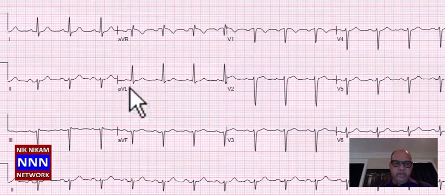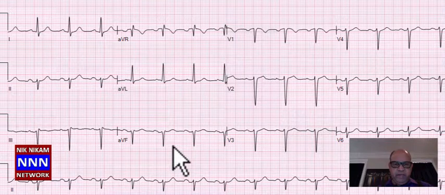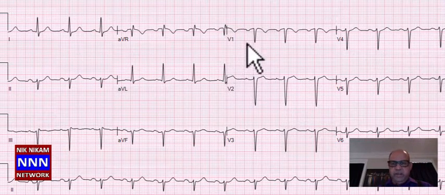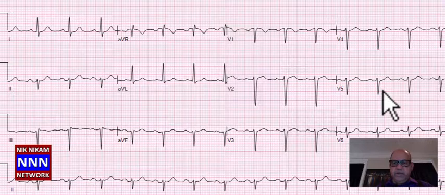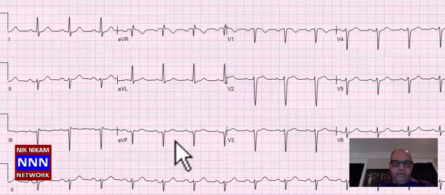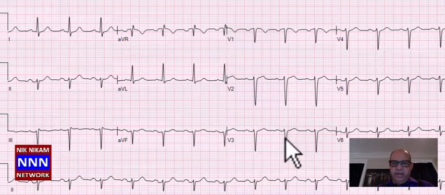Okay, sinus rhythm with left axis deviation. There are Q waves in the inferior leads. So this may suggest inferior myocardial infarction. Similarly, there is loss of R waves in the anterior leads from V1 to V5. So you wonder if this patient had anterior myocardial infarction. There's definite evidence of inferior myocardial infarction, and you wonder if there is anterior myocardial infarction because of lack of